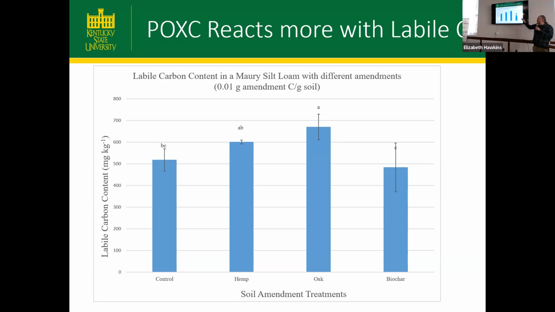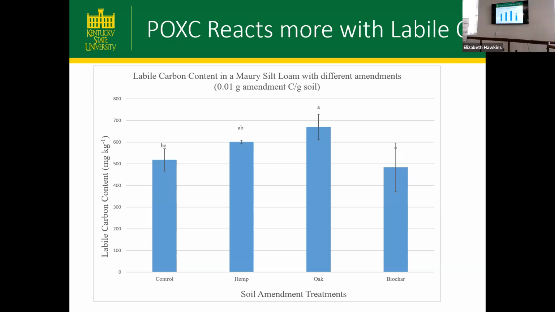We also went out and collected some oak leaves in the forest. It was a pretty simple, straightforward study. We incubated it for 70 days, and this is after 70 days. We also had biochar. We're all maybe familiar with biochar. It's basically charcoal in the soil, pyrolyzed carbon in the soil. Biochar we would expect to be very stabilized because it's almost like charcoal, right? But after 70 days of incubation, where we amended these soils based on 0.01 grams of amendment carbon per gram of soil,